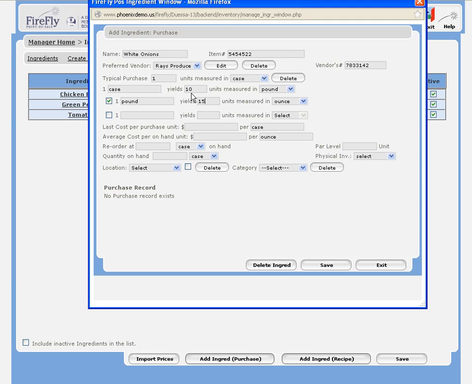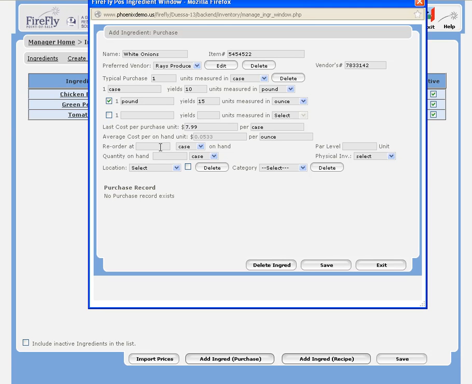You should enter a breakdown for every potential unit that you might count this item in. So if you buy it by the case, you want to use it in the lowest possible measure unit, the ounce, and then in between we might have pounds, boxes, bags, etc., whatever you might end up counting in its various storage locations. Okay, so my purchase cost per case